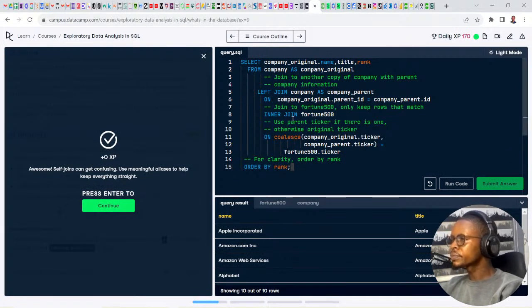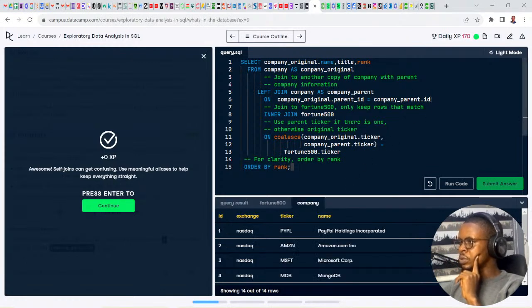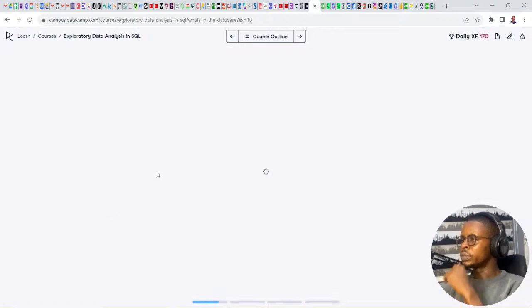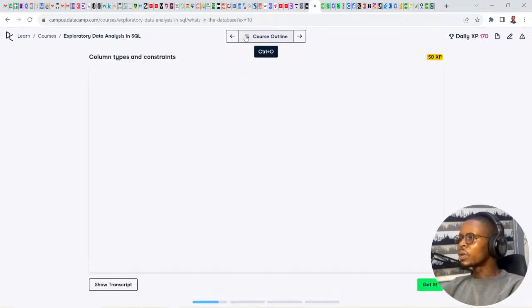But the challenge, the only challenge that I could see, is that when you're joining a table to itself, on the joining clause, you have to be able to figure out which two columns to use in your joining using the on clause. Let us say use the ID and the parent ID. That's funny though. All depending on that.